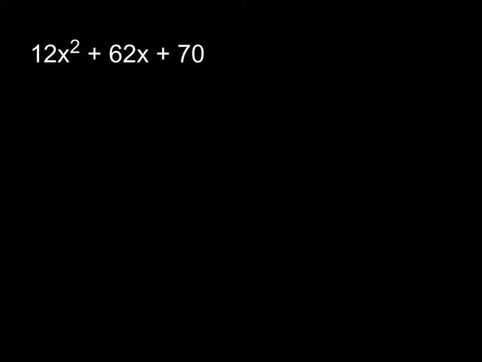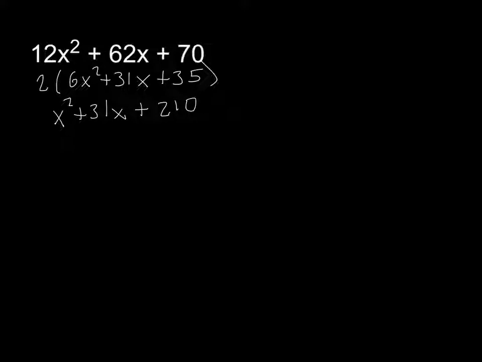Okay, let's do this same question using the AC method. We would still have to factor out the greatest common factor of 2, because you still want to be working without that GCF in there. So 6x squared plus 31x plus 35. Then you would do the A times the C. I'm going to temporarily ignore this 2 for now. I'll bring it back later. I'm going to have the x squared plus 31x, and it's going to be 6 times 35, which is 180 plus 30, that'd be